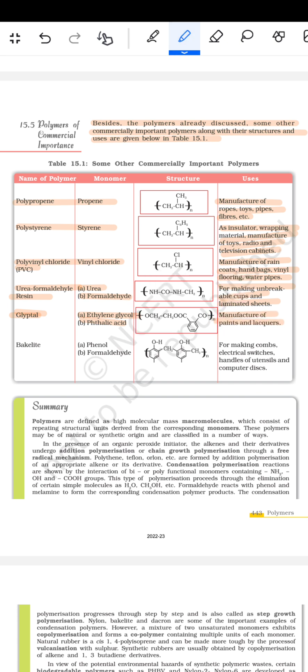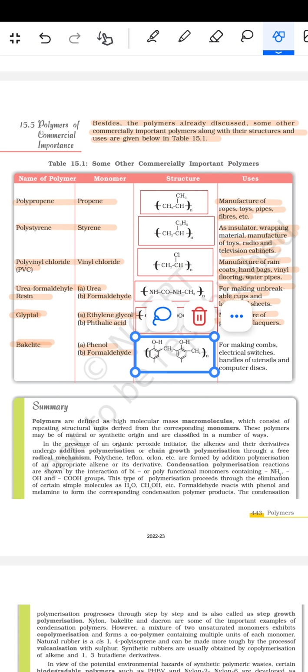तो इसका काम जो होता है वो मैन्युफैक्चर ऑफ द पेंट्स एंड द लैक्यूर्स में आता है। फिर उसके बाद दिया हुआ है बेकलाइट। तो बेकलाइट का जो है वो है फिनोल और द फॉर्मल्डिहाइड है और इसका जो स्ट्रक्चर है वो ये वाला दिया हुआ है। इसका स्ट्रक्चर जो है दिया हुआ है ये वाला। और ये होता है फॉर मेकिंग कॉम्स इलेक्ट्रिकल स्विचेज हैंडल्स ऑफ द यूटेंसिल्स एंड द कंप्यूटर डिस्क बनाने के काम में आता है।